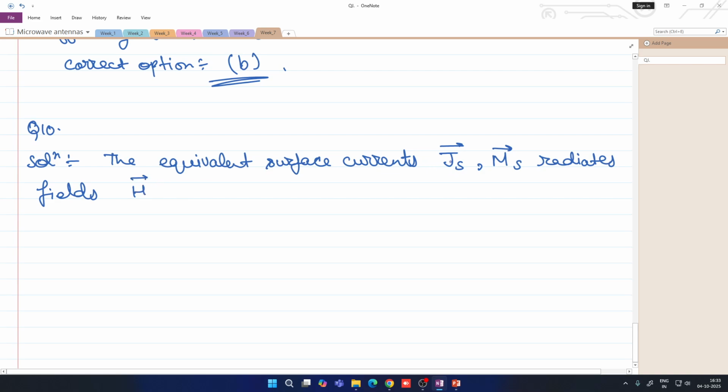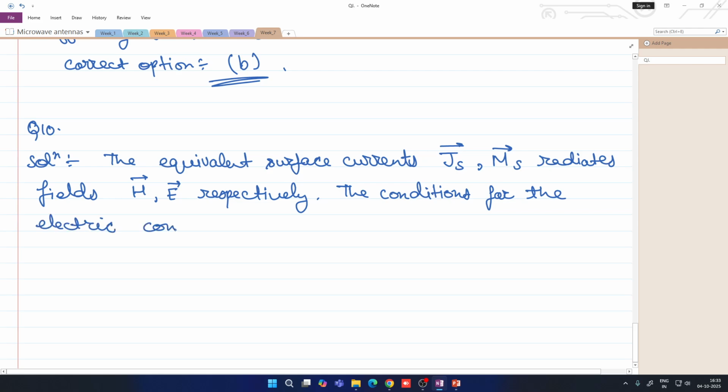JS, the electric current density, radiates a magnetic field, and MS, the magnetic current density, radiates an electric field. The conditions for the electric conductor equivalent are